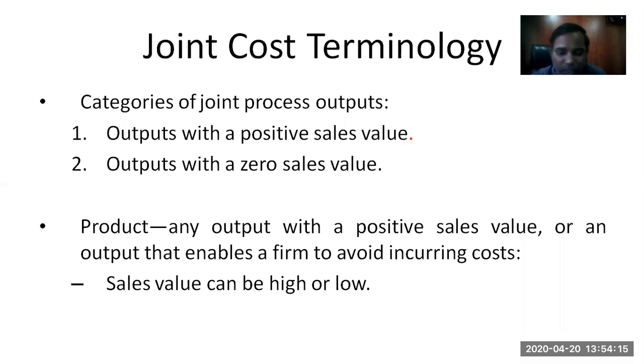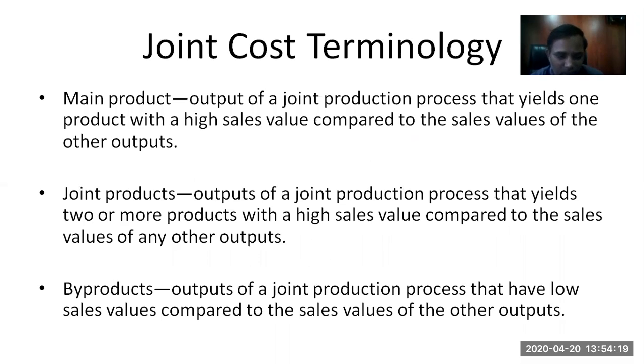So we're not going into the term which one is good and which one is bad. But yes, you can be able to identify the main product, joint products, and byproducts. As I told in the previous slide itself, what byproduct means: any product that is an output that comes because of a process, which is not desired, but still, as it is a part of the process, comes out from the process of generating a main product or joint product, will be termed as a byproduct.